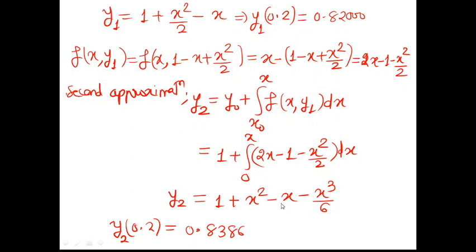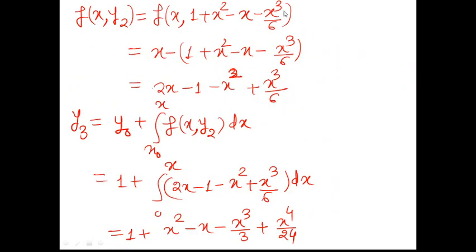Again, as I said, we don't know where we have to stop. So every time we will have to find each approximation for a given value of x. For x equal to 0.2, you will get this as 0.8386. Once I get the second approximation, I will compare it with the first approximation. If these two values are nearly the same, then the process stops. Otherwise we will have to go for the next approximation. Now here we find that 0.8386 is completely away from 0.8200. So there is a need of calculating the third approximation.